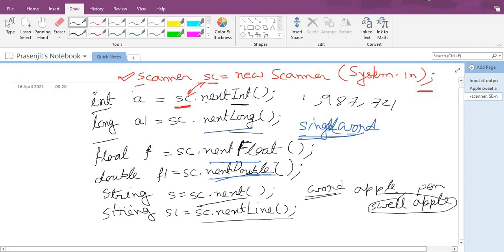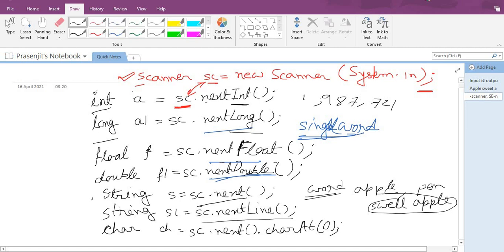Okay, and last one is character. So char, c small. Suppose ch is equal to sc dot next bracket open close dot char at, within bracket 0.